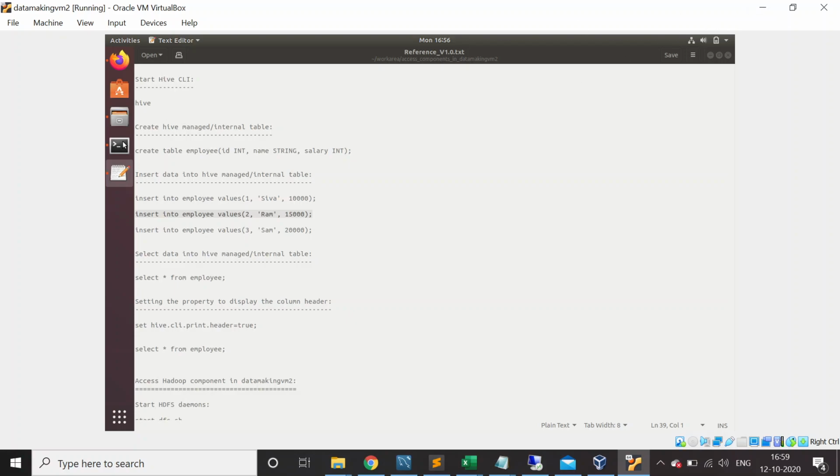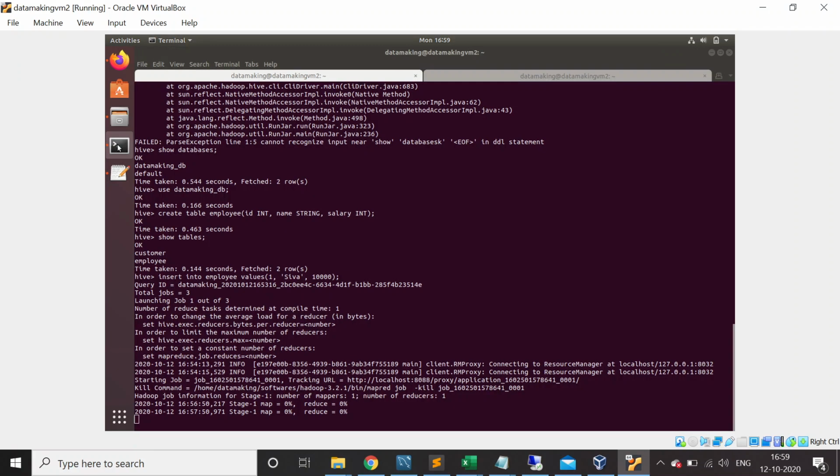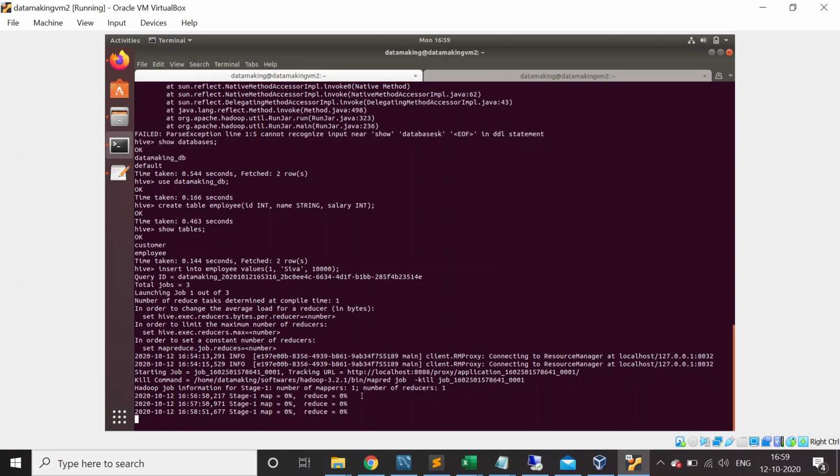Okay, I think still it is not opening. At least I want to show you the data, so that you can try the Hive CLI print header from your side. I just want to show whether it's working fine. Still the MR job is not completed.